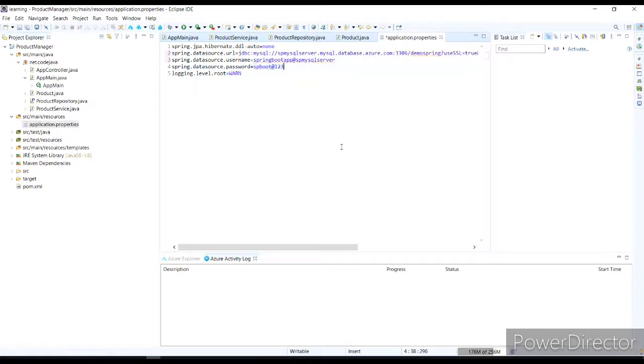Okay, and so the overall configuration of the Java web application with our MySQL server has been done.